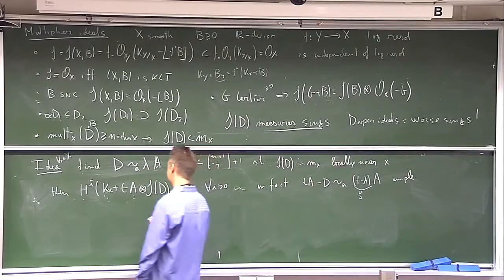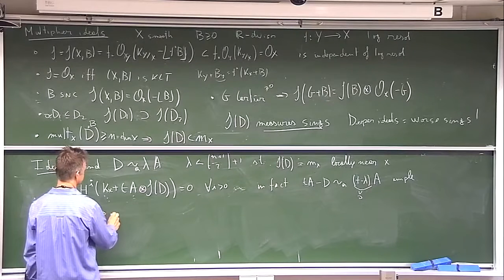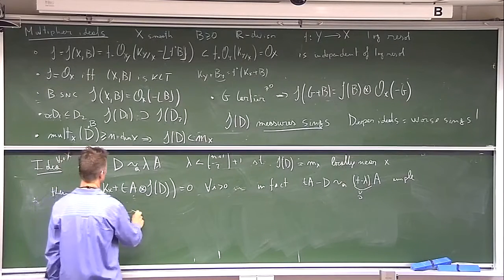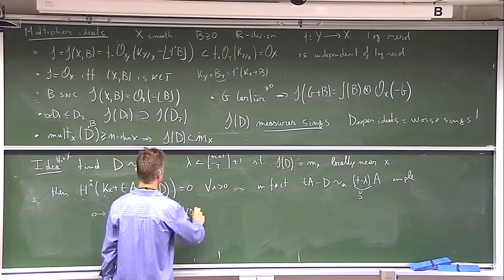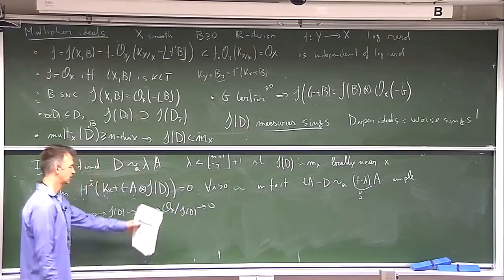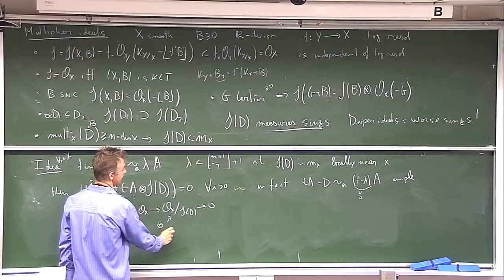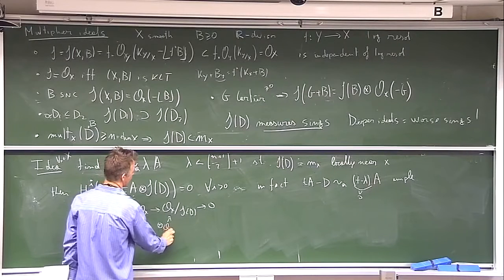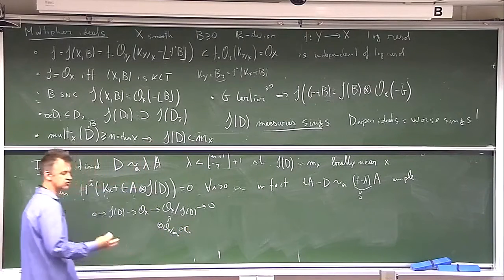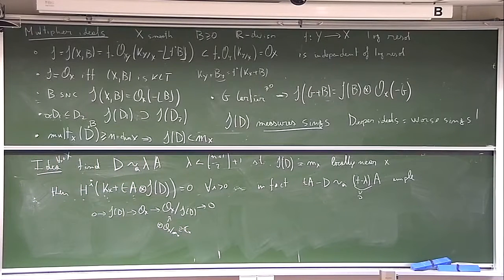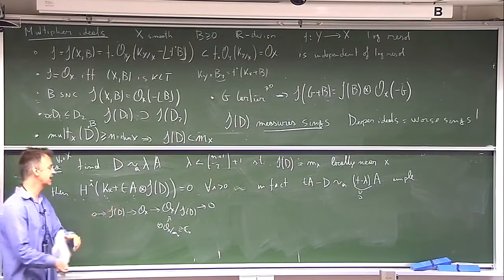Then this means, by the corresponding short exact sequence, so we have the short exact sequence, I of D goes to O of X, goes to O of X mod I of D, goes to 0. A summand of this thing here, a summand is O of X modulo maximum ideal. Let me call this the skyscraper sheaf at the point X. So I take this short exact sequence, I tensor it by Kx plus Ta. So what I'm getting is that